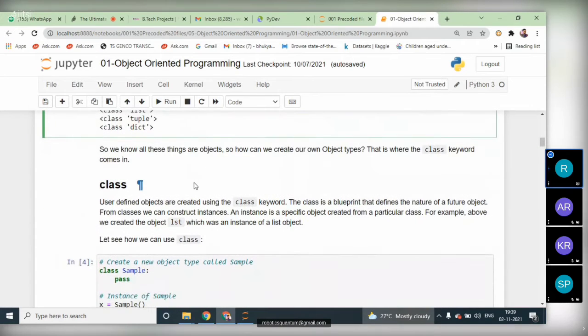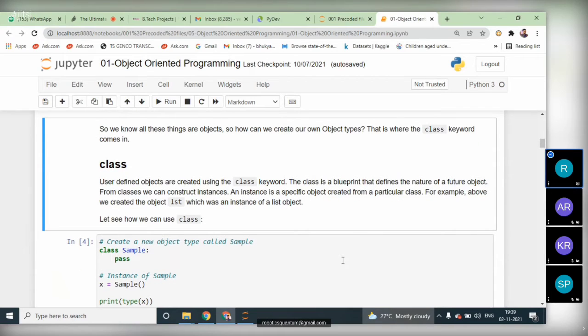Let us move on to the class. What is the exact class keyword and how will you use it? Class is a keyword which is used to create an object. How will you create it? A class generally consists of all the information about an object, including variables and methods. What variables and methods information will be held is what makes it a blueprint.